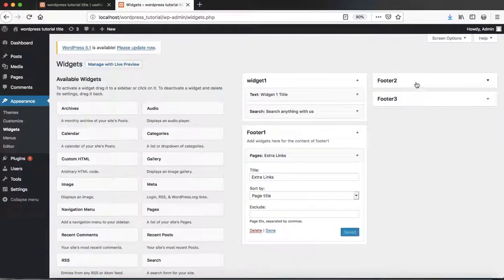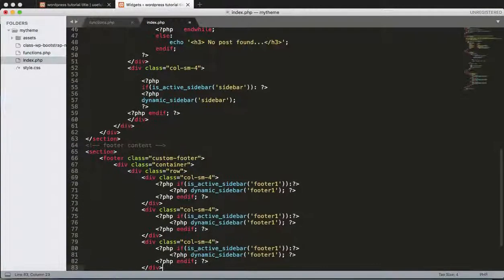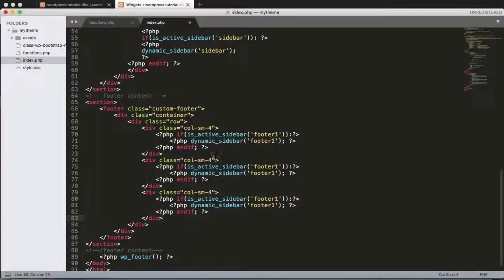And if you want to implement footer 2 and footer 3, we need to add more lines of code for that. It's almost the same, so let's copy this div, copy and paste over here. This one for footer 1, this one for footer 2, again footer 2, and this one for footer 3. Very easy. I am lazy, but the line of code is very easy. And let's save